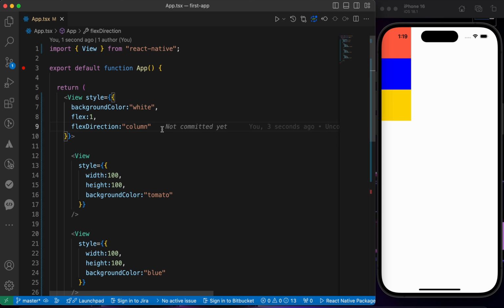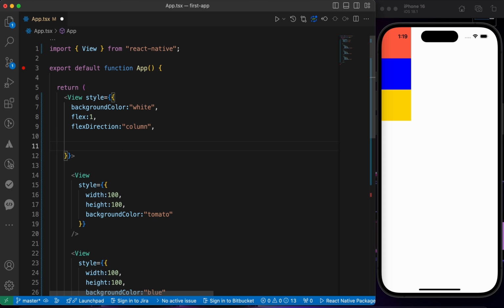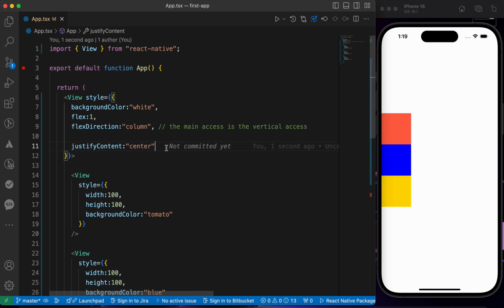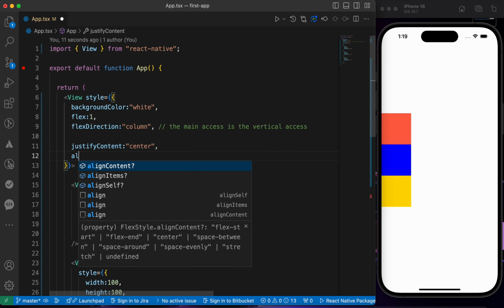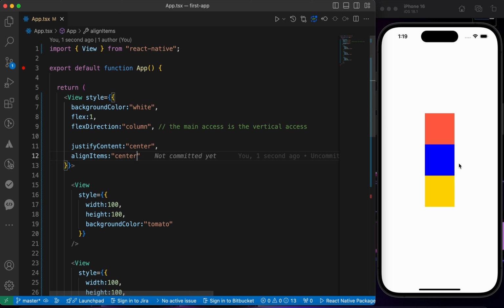Let's try 2 important properties. The first property is called justify content. When it's column, the main axis is the vertical axis. So when we make the justify content center and press save, see what happens? Our elements become centered on the vertical axis, as you see. And when we make align items center as well, you can see now they are in the center of the screen